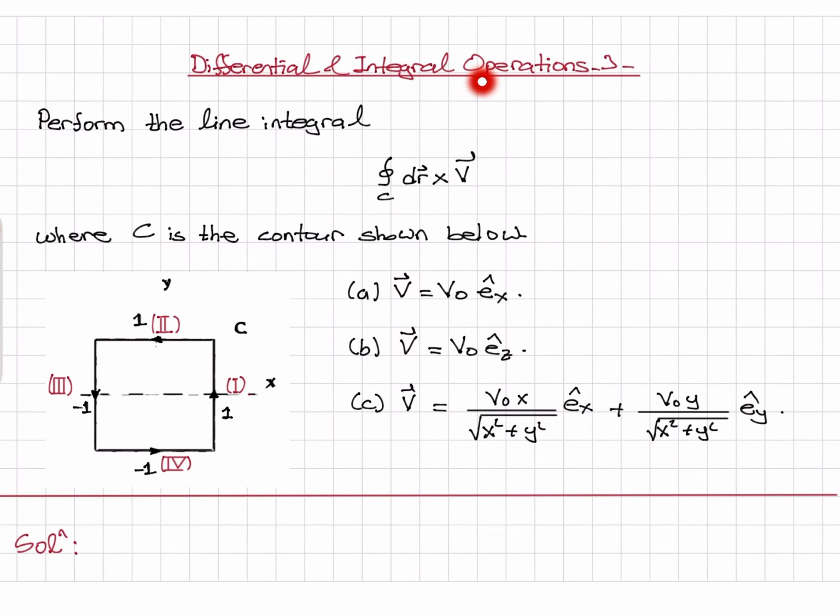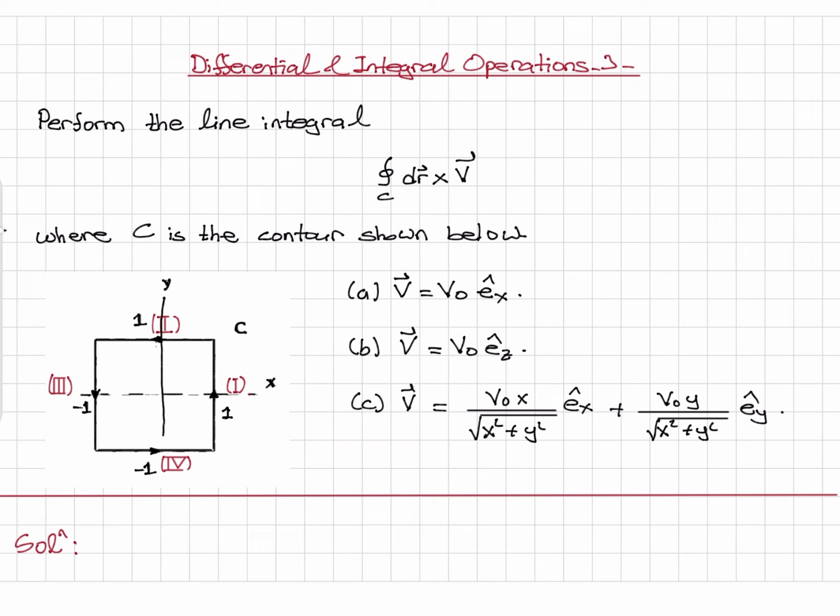Differential and integral operations 3. Perform the line integral on this closed curve of dr cross v, where C is the contour shown below. So this is basically the x-axis, this is the y-axis, and here we have -1 to +1 on the x-axis and -1 to +1 on the y-axis. So this basically defines our